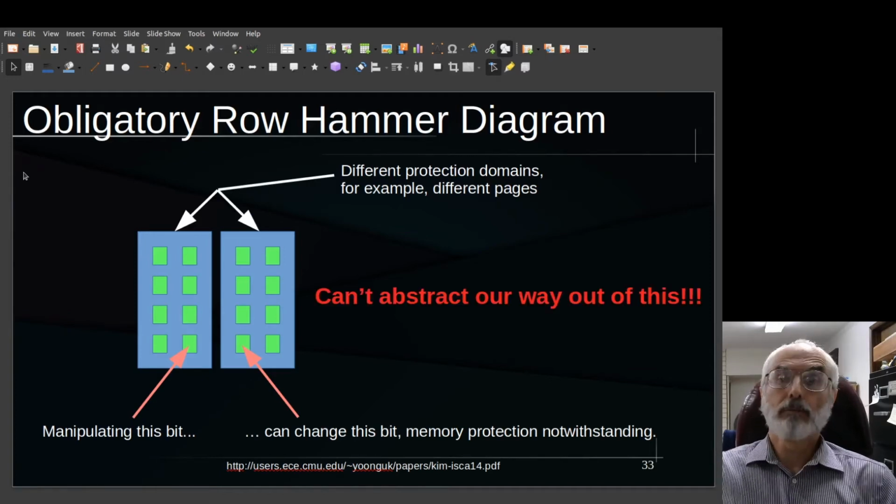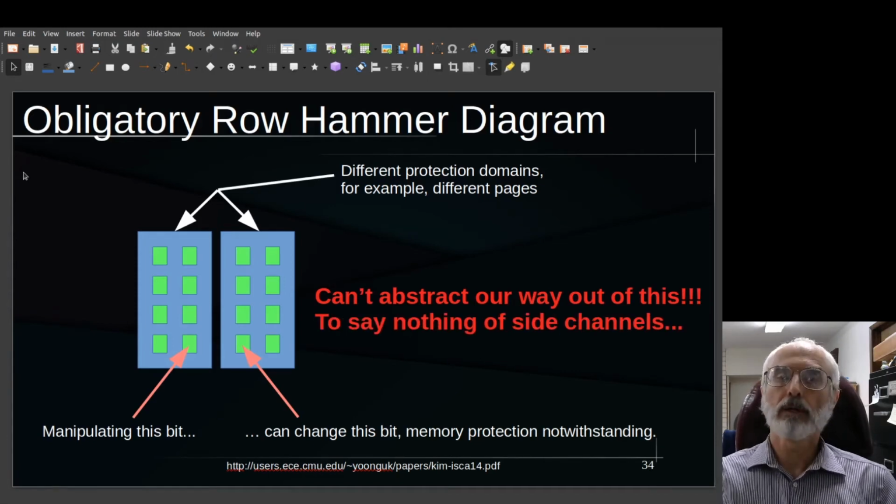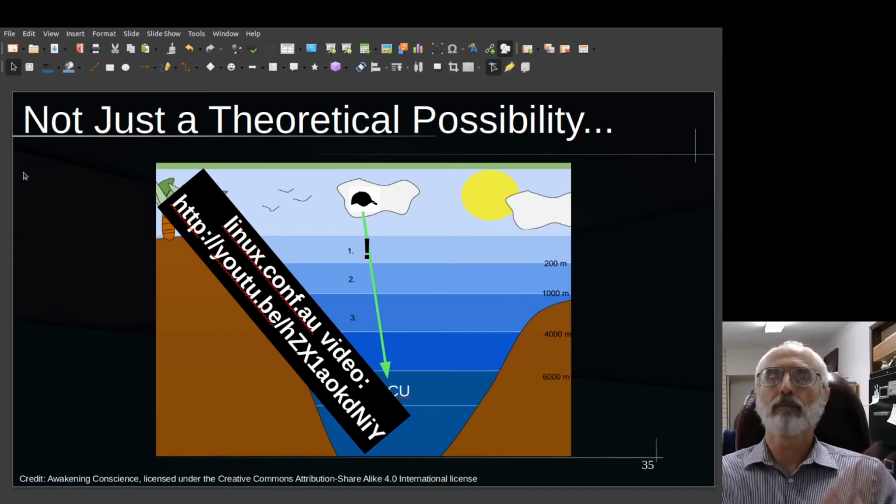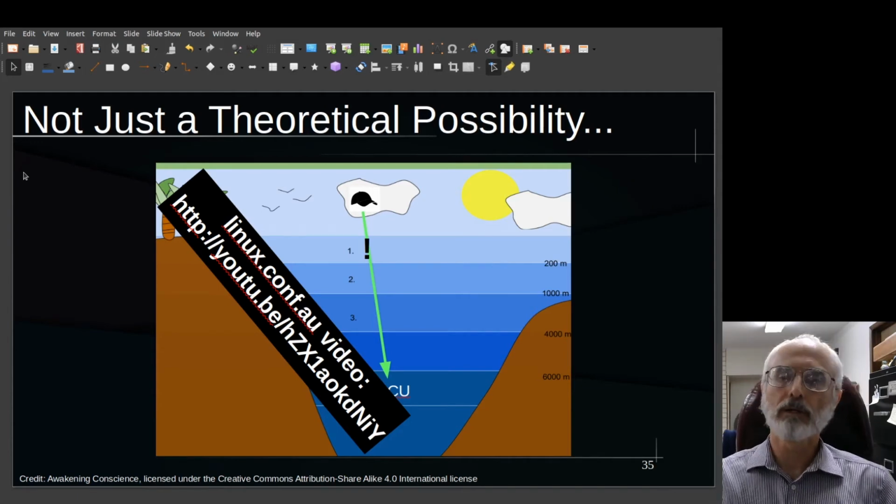And we don't get to abstract our way out of this. Plus, there's things like side channels, Spectre and Meltdown, that have shown up since then. So life is hard. Furthermore, in RCU's case, this is not just a theoretical possibility. A few years ago, well, it was actually a misuse of RCU. I could claim that I wasn't really to blame, but Linus had a different view on it. He asked me to fix the RCU so it's more usable, to repair a usability bug. Rightly so, and I did do that work. But there really was an RCU bug that was exploitable. And if you want to look into it, there you are.